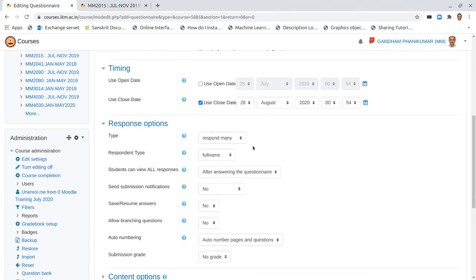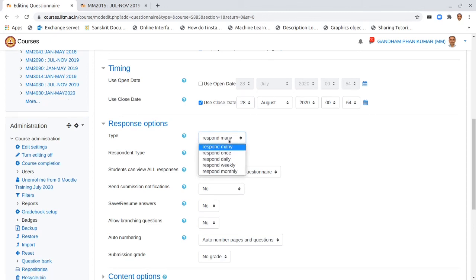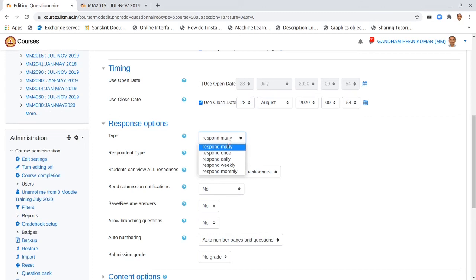Naturally, here is where a lot of possibilities are there. It's important that the feedback is given just once because we would like to have a quick deadline and then give back the summary of the feedback to the students. So respond once. This is not an exam, this is only a feedback. So respond once is there, and this is what actually makes the feedback anonymous. So the respondent type can be anonymous. So this is what actually makes it an anonymous feedback.